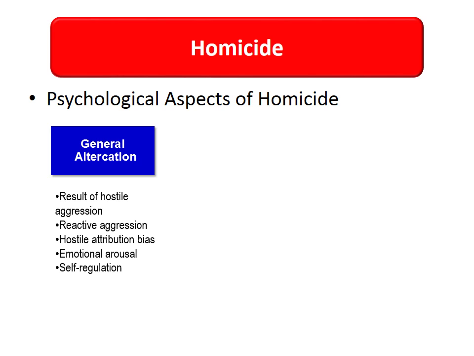These actions are rarely instrumental in nature and are often instead reactive in nature. Because of this, general altercation homicides are usually referred to as emotionally charged crimes. Many offenders involved in general altercation homicides probably have a strong hostile attribution bias, which makes them more likely to perceive provocations, intended or not, within the environment that they live in and in the interactions that they have daily. In simple terms, what this means is that even the slightest trigger is likely to set them off.